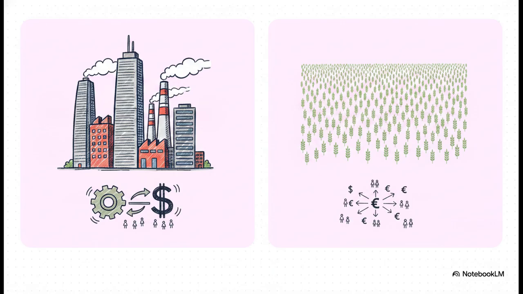But in perfect competition, it's like a vast ocean. The perfectly competitive farmer only looks straight ahead at the global market ticker. The number of buyers and sellers is so incredibly large that no single participant can influence the market. I mean, an individual wheat farmer produces such a tiny fraction of the total global wheat that doubling their output, or honestly stopping completely, wouldn't even cause a ripple in the global market supply.